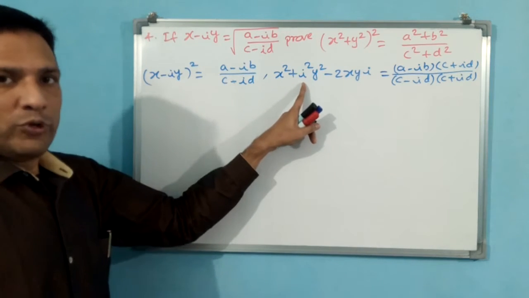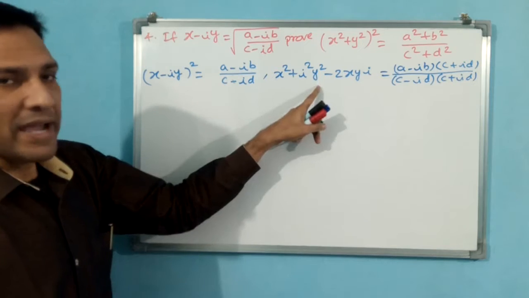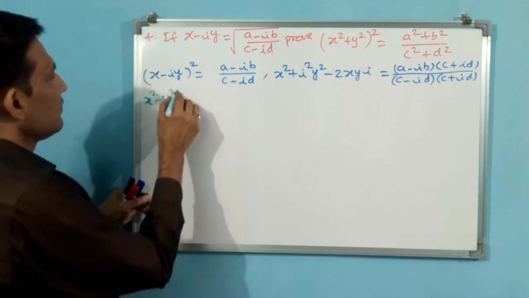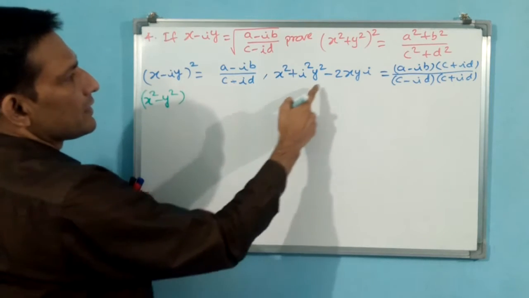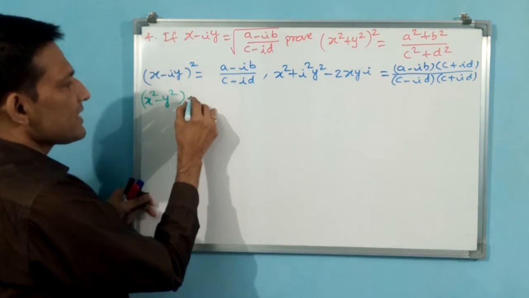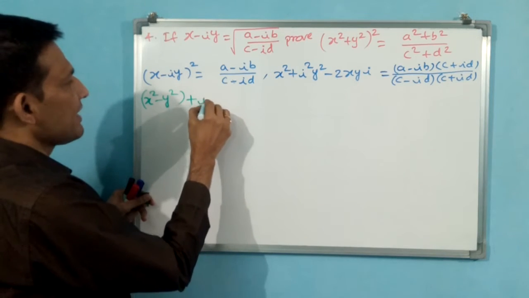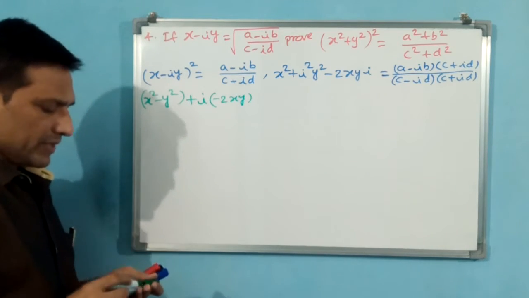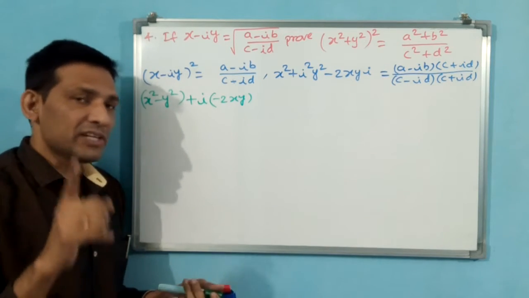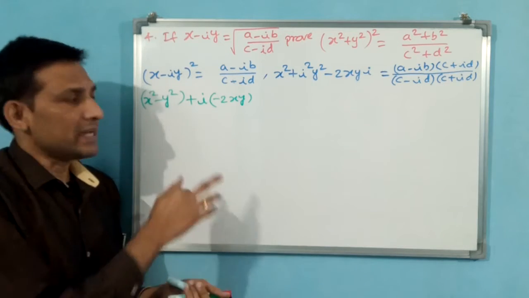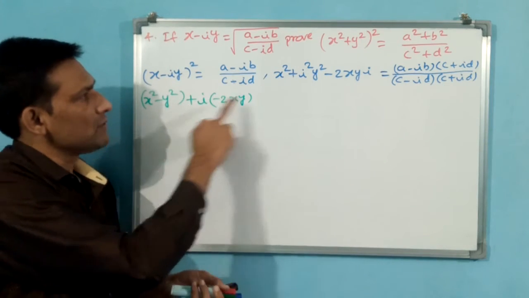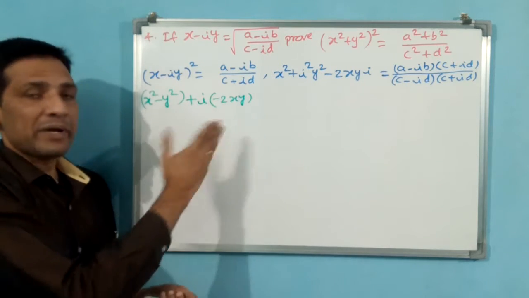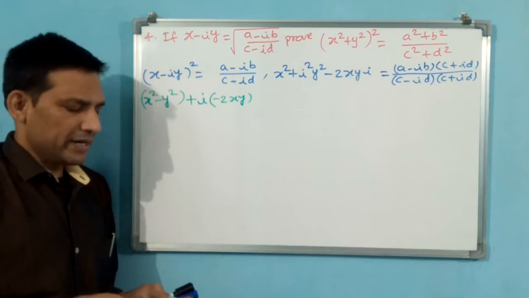Now you see, i square value we know, minus 1, so x square minus y square, this will be the real part, and you see i is there. What I can do, I will write like this: (x square minus y square) minus i 2xy. Is it okay? Why? Because in initial classes also I told like this. Because minus is there, it is going to become minus i 2xy. That's all. Because real part and imaginary part I have made separate.